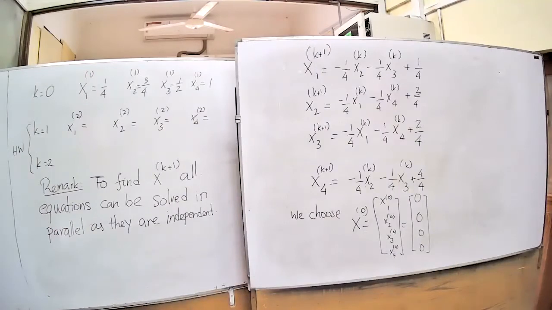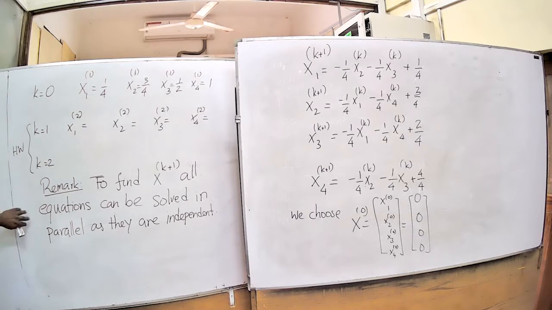You can see that when you are computing x1^(1), at the same time you can compute x2^(1) also, x3^(1) also, x4^(1) also, right? So there is no problem, because the only values you are using are the values from the previous step, not the values from the present step. So that is the important thing here. You can always solve the equations in parallel to compute this.